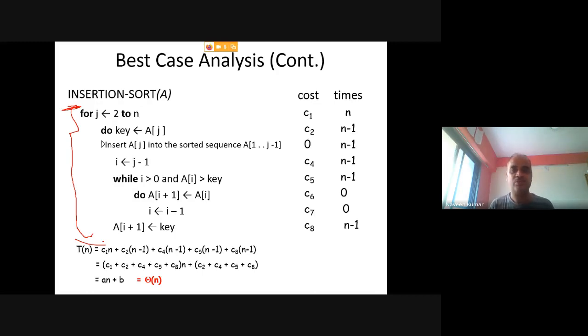There are different ways. So before starting that experiment, before 10 a.m. tomorrow, or you can take more time, it's up to you. Time is not important, you need to actually do it by yourself. That is more important. There are ways you can use Google to find how to prepare such sets. There may be different ways possible. So create these 3 arrays and put all these sorting algorithms in one program.